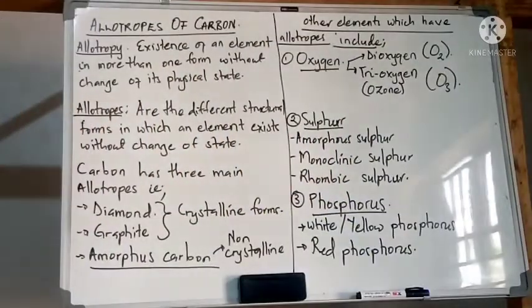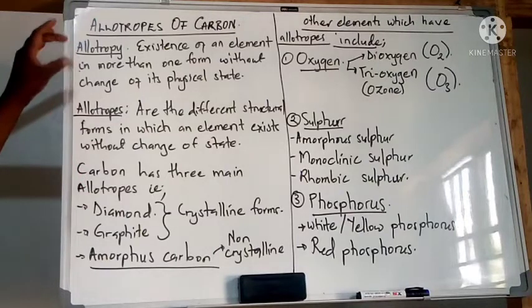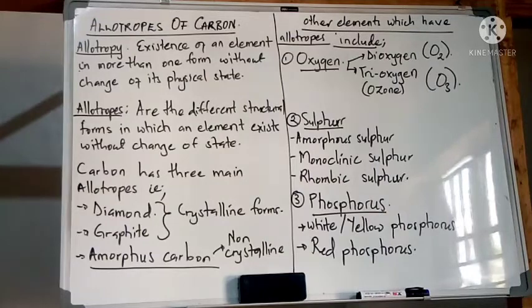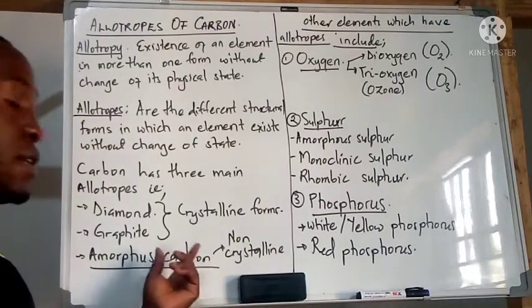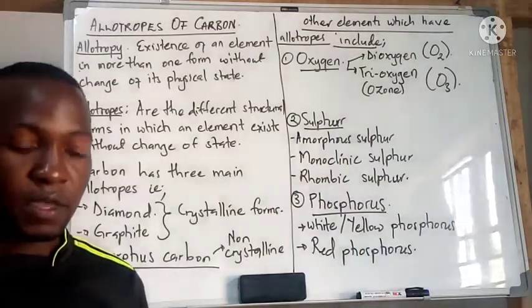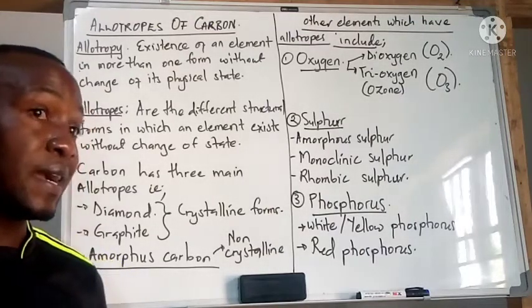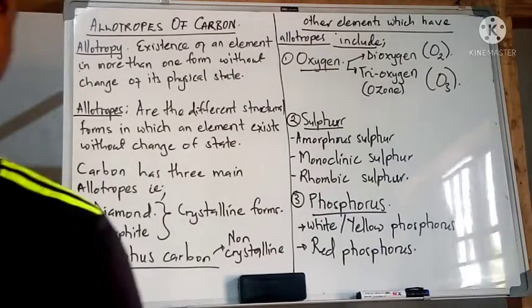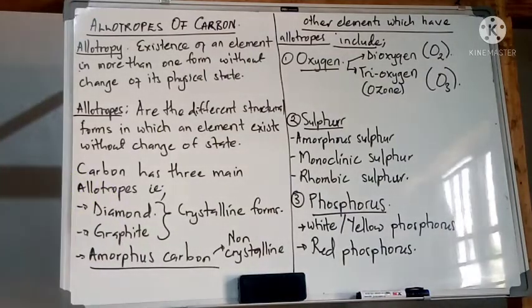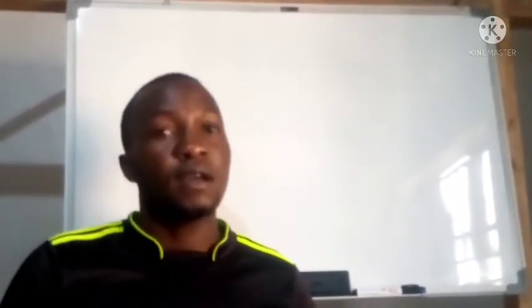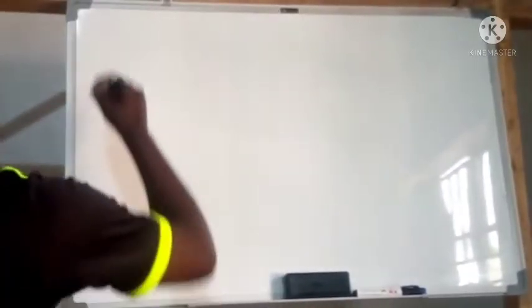So when we come up with the word allotrope or allotropes, just know that we look at the different forms through which these elements exist without change of their physical state. It is only the appearance or the color that will change, but the physical state remains the same. To take you through these allotropes, we are to begin with diamond,